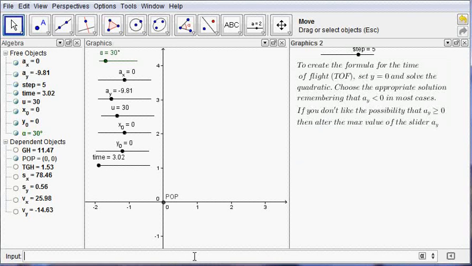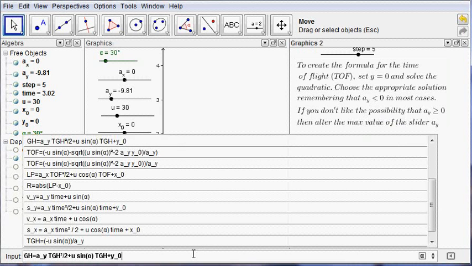this one was a bit problematic, but it was to work out the formula for the time of flight. I realised that I'd set the vertical component of acceleration to be less than 0, and that will be true in almost all cases that you do this with students in high school. If you don't like the possibility that AY could be 0 or positive, then you better change the maximum value of your slider. Anyway, I'm going to leave it how it is for now because I like exploring things like that. So